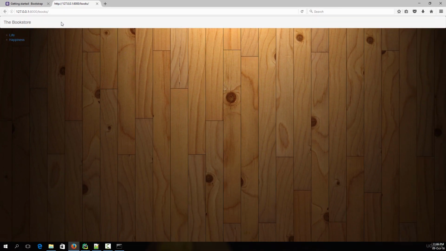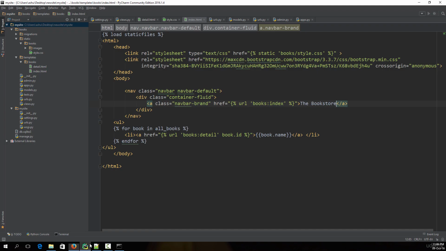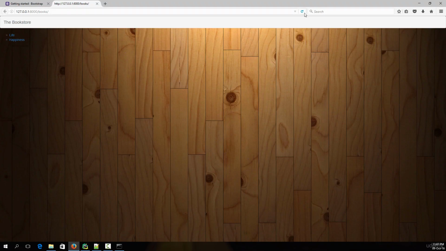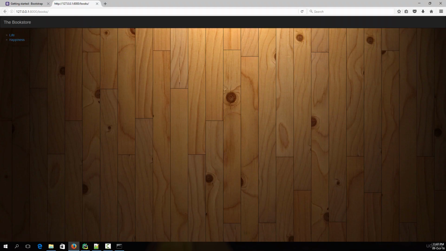But as you can see, this navbar is present in white color, and let's say you want this thing to be in black color. So what you can do is jump onto your code, and instead of navbar-default, let's type navbar-inverse. That is basically going to invert the colors. Now if we go back here and refresh this thing, as you can see, now we have